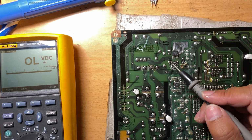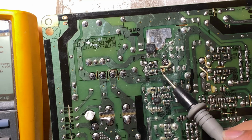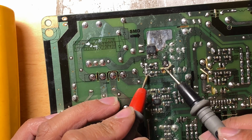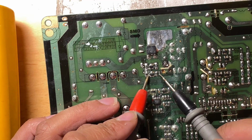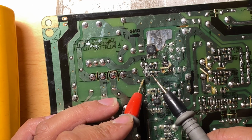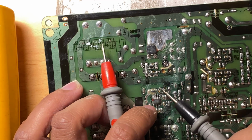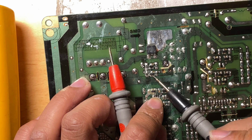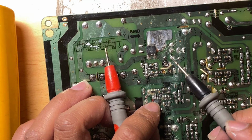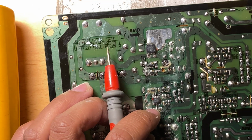So what we can do is also check some of the components here. These components are essential to the MOSFET. They are connected to the driver, and some of them could be shorted or open. They're connected between the driver and the MOSFET. So if something goes bad here, it's going to blow your MOSFET again. So let's check it